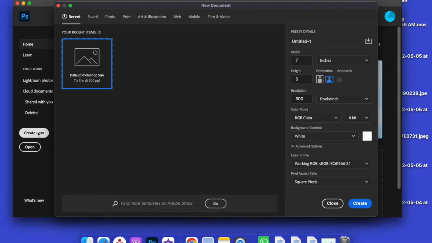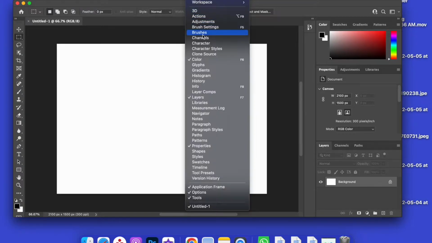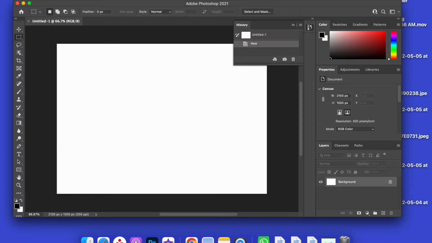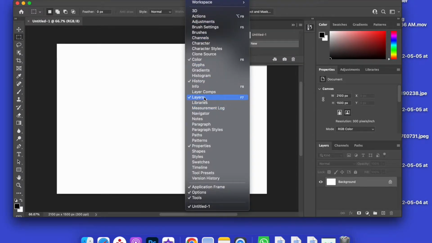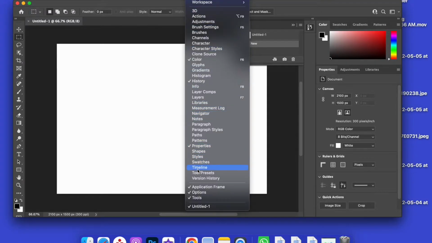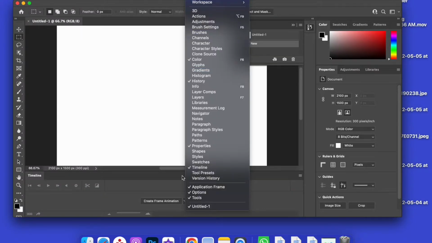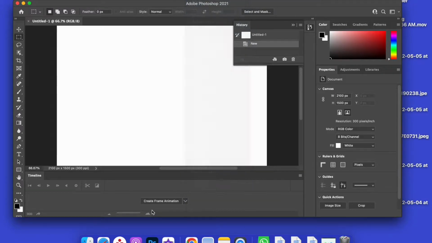I'm going to show you how to do a simple animation in Photoshop. Start with create new, default size, and under window, which is up on top, make sure you check the following: history, layers, tools, and timeline. You need to have your timeline open. If there are other things open, it's okay, but these four you really need: window, history, window, layers, window tools,